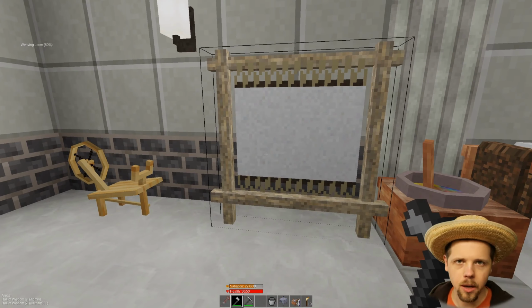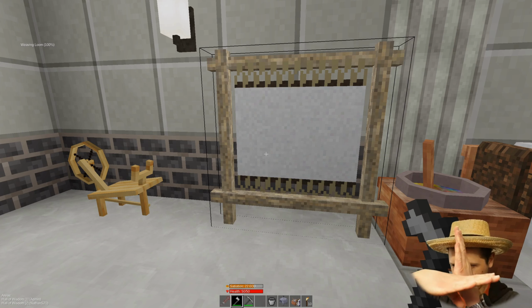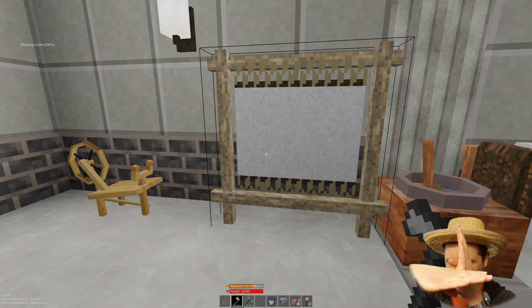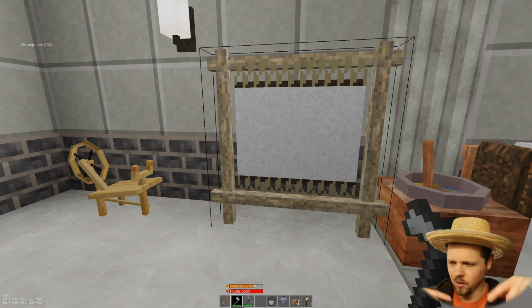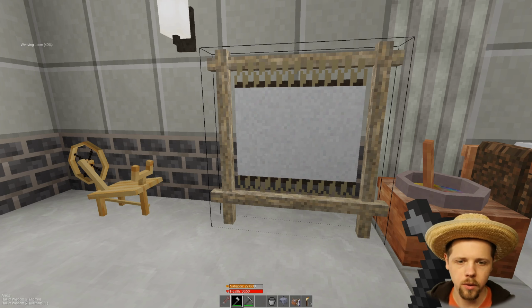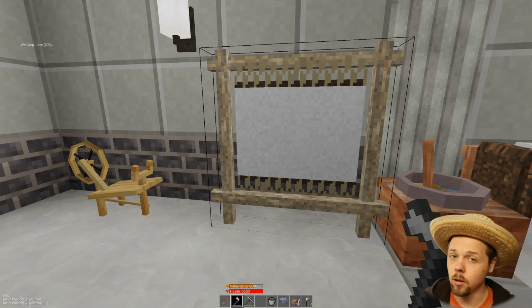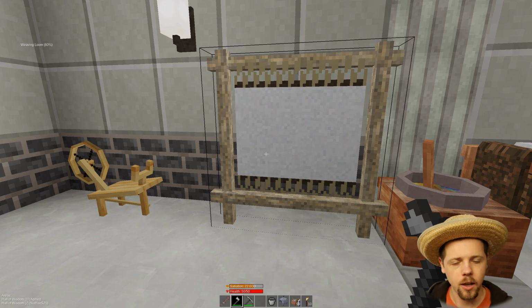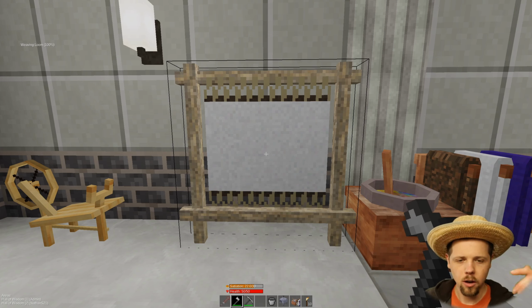I contemplated making the style where you have the upright thing, and then the thread runs here, and on this upright thing, I don't even really know how it works. I looked at some pictures of medieval era weaving looms, and they looked impressive. I'm not gonna lie, they did look really impressive, but I didn't know how I would transfer that into Minetest. But then I seen this style where it's just pretty much 2 posts up and down, 2 posts crosswise,